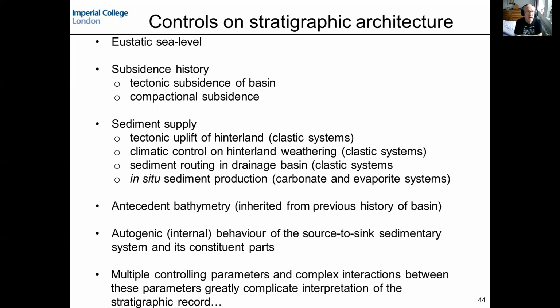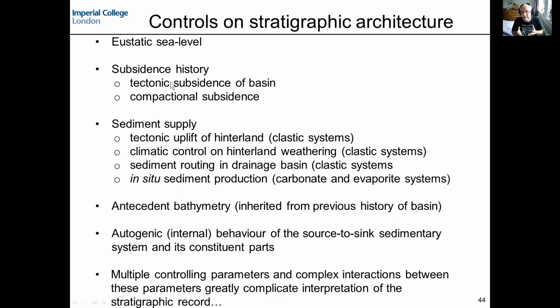Okay, so typically small sequences stack into bigger sequences, and we have a number of different mechanisms that we can refer to as potential controls. However, it's not so simple. So here's a list of controls, and these are really parameters that control accommodation space or sediment supply. We can have eustatic sea level, global sea level,